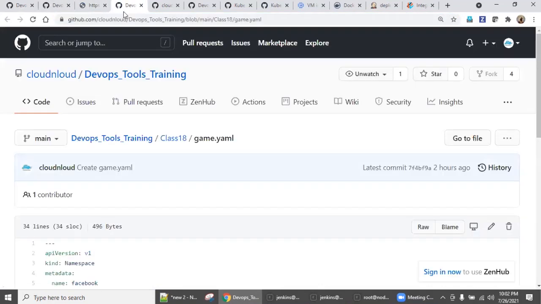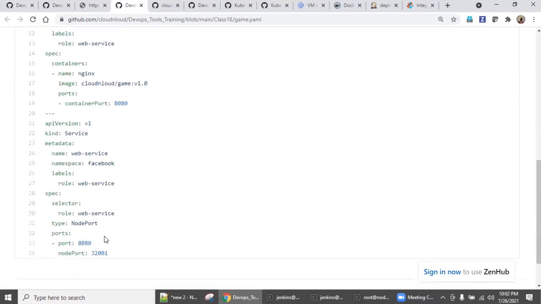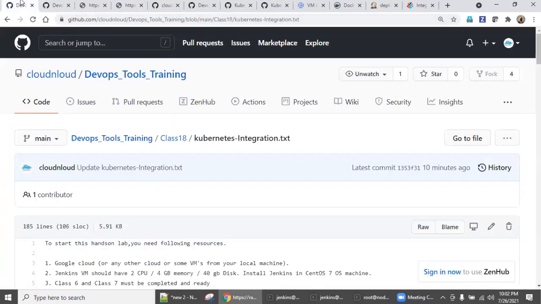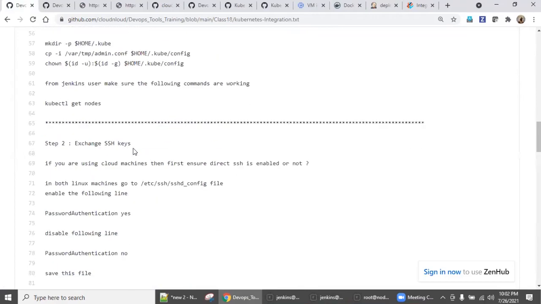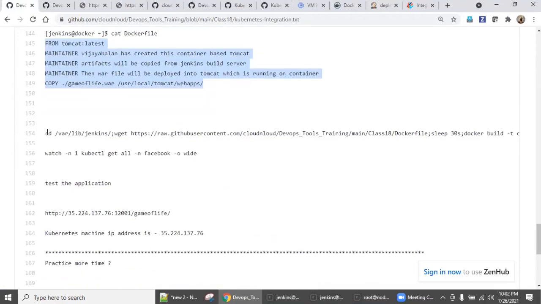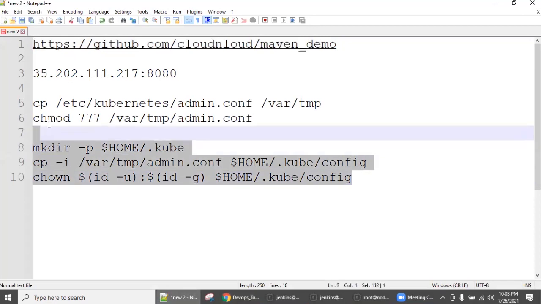Click raw, take this URL. And the same way, the game.yaml. Actually, this is the pod creation and exposing the service on port 32001. Right here also, click raw and take this URL. If you now observe the command which I created, come down, see, this is exactly the same. I'm copying this command, putting it into Notepad. That is why I opened the Notepad, right?